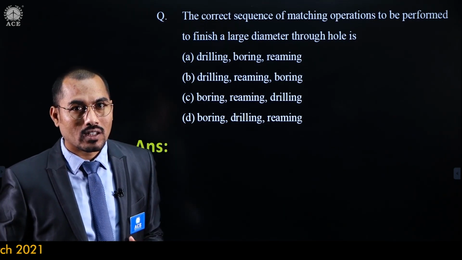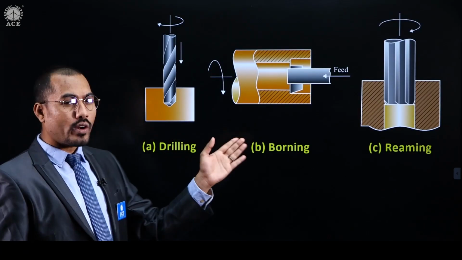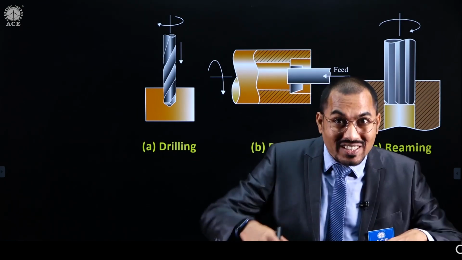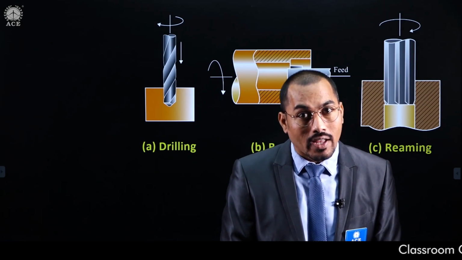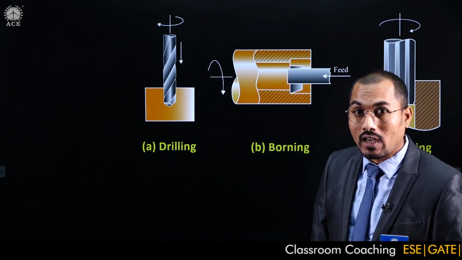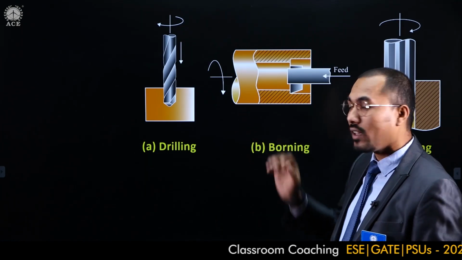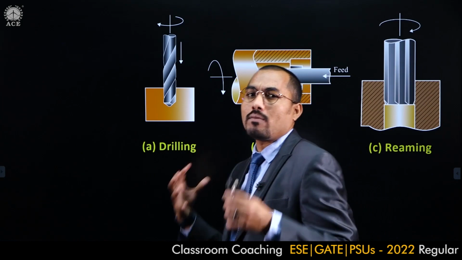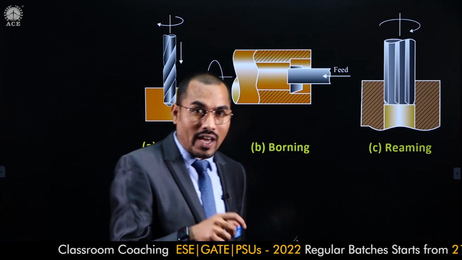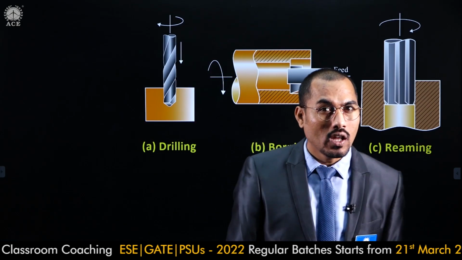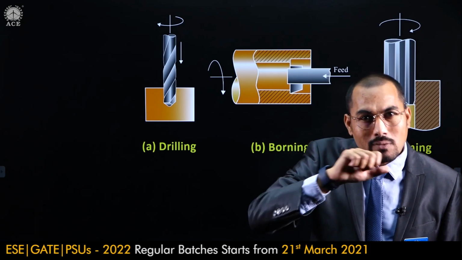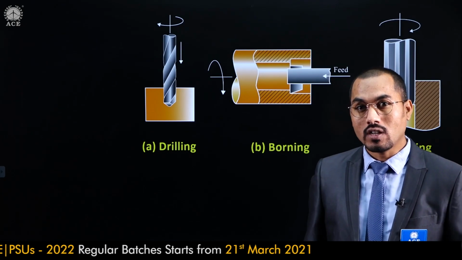We need to understand the meaning of drilling, boring and reaming. Drilling is the operation utilized to create a hole from scratch, an initial hole in the body. There are a lot of vibrations and a large volume of material removal takes place in drilling, so exact finished dimension holes can't be manufactured. So when we want a finished hole, the first step is a drilling operation, by which we manufacture a roughly dimensioned hole.